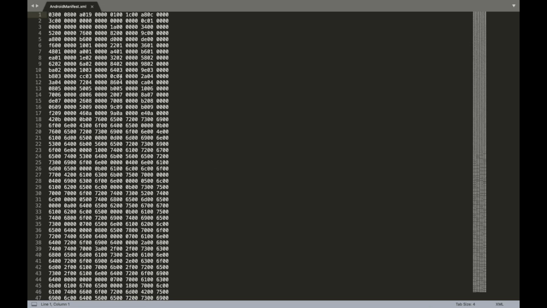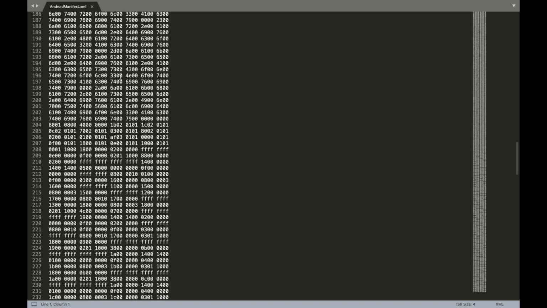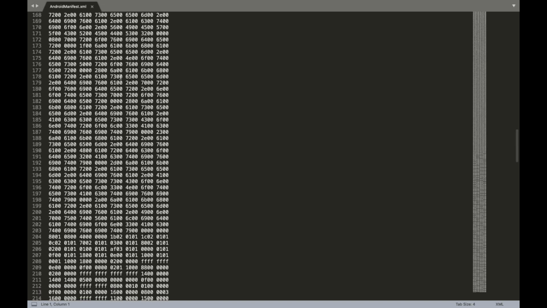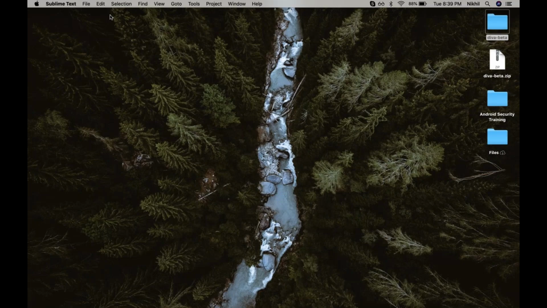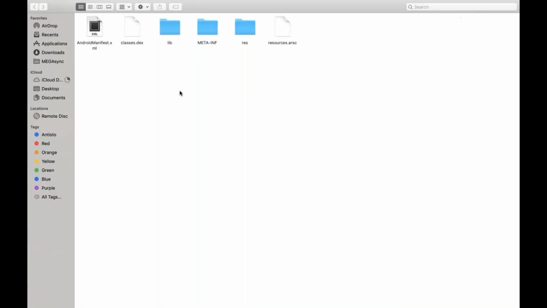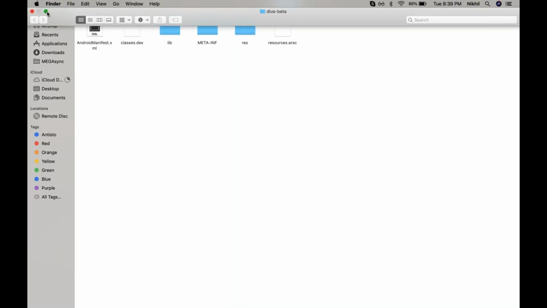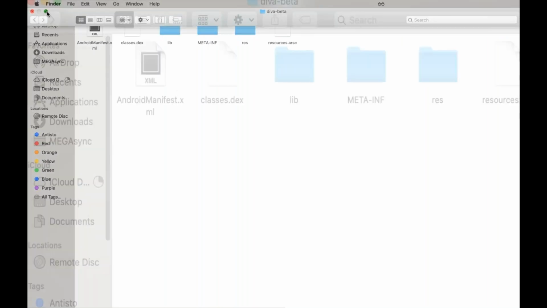This is totally different from what we saw yesterday when we used the Android manifest viewer application, right? So does that mean that we are going in the right direction? We may get confused a little bit here. Then again, another question might arise. Since you were telling me about reverse engineering an application, since we already reverse engineered it, why do we need